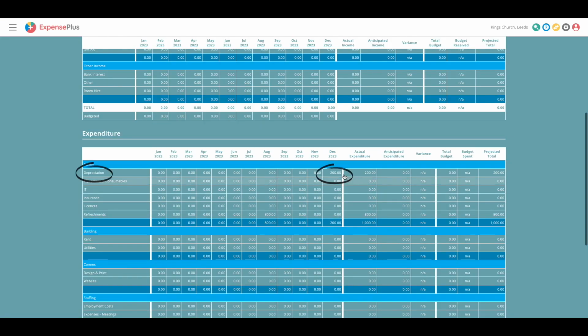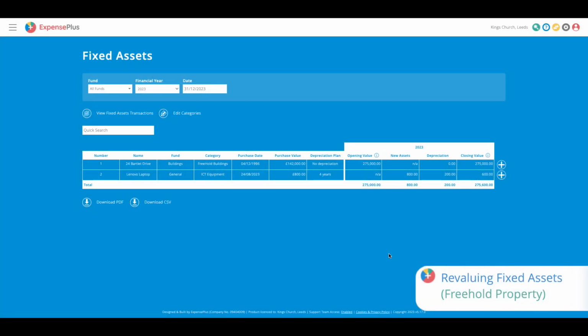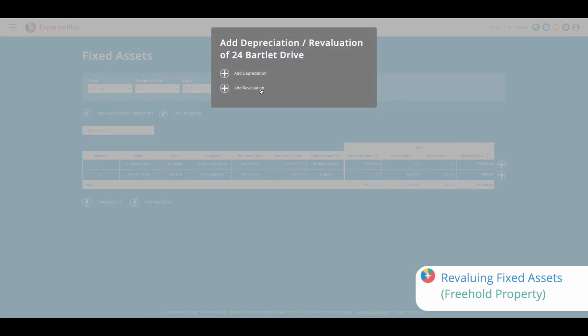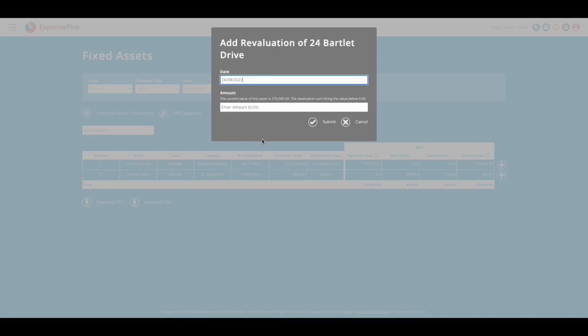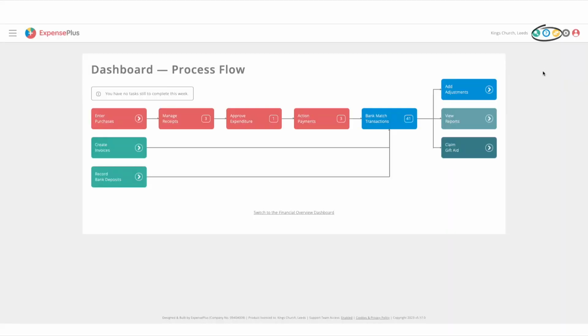When you own land or buildings where a professional revaluation has occurred and the asset has increased in value, you can account for this in ExpensePlus by clicking the Add button to the right of the fixed asset and entering the revaluation details. As always, for more help and support, please click on this blue question mark icon here